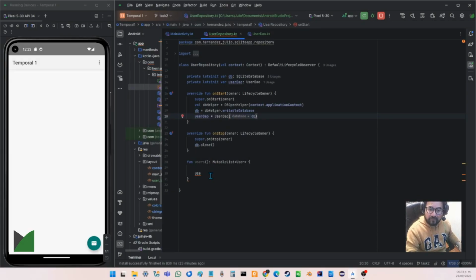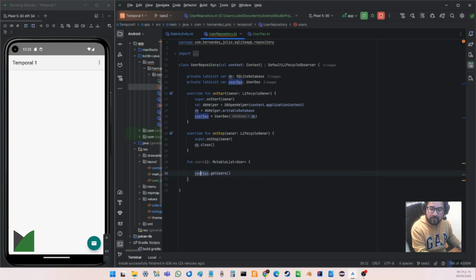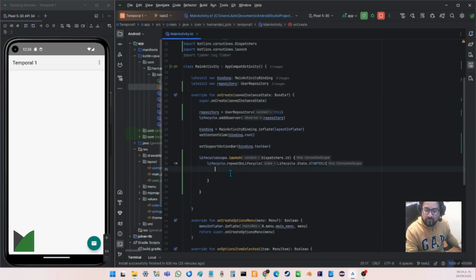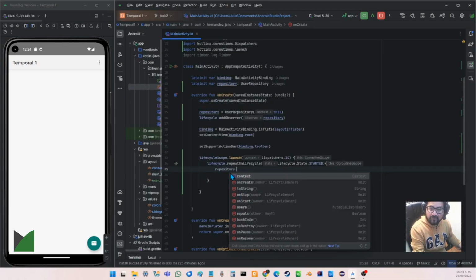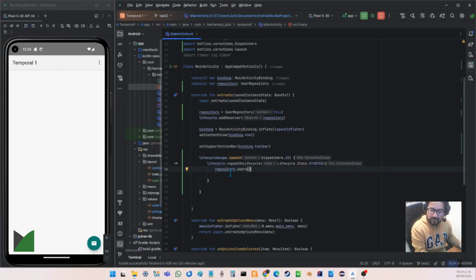Now I can call this method user DAO dot get users, and I need to return this format. I think we're all set with this, so I can call the repository here and get the users,